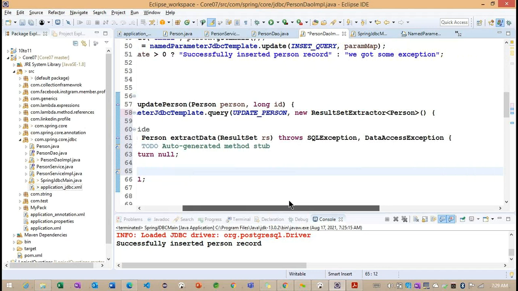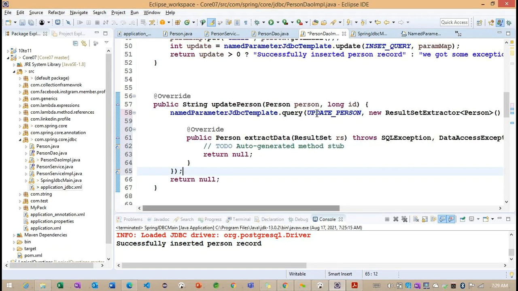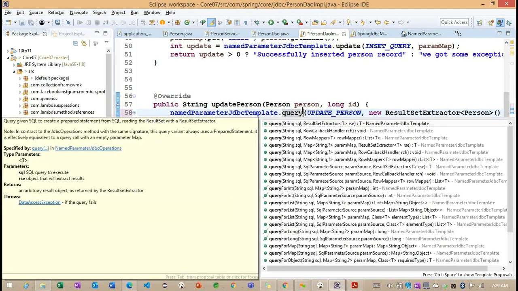Okay. So basically here we need to specify the ID here. Sorry. So let me check the query section here. We need to pass the question mark parameter here. So ResultSetExtractor is not usable here because we need to pass one ID.